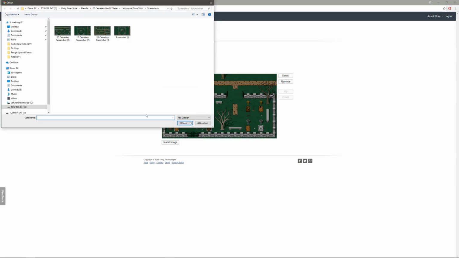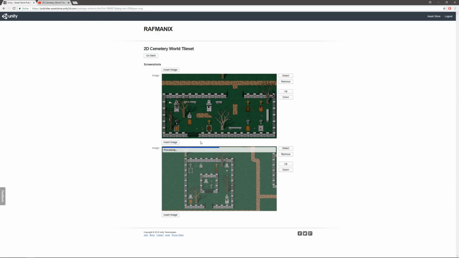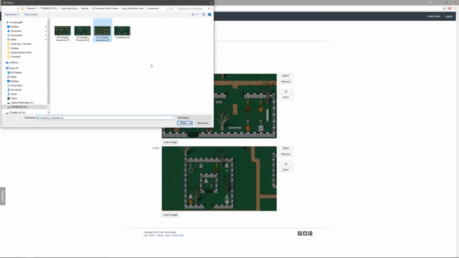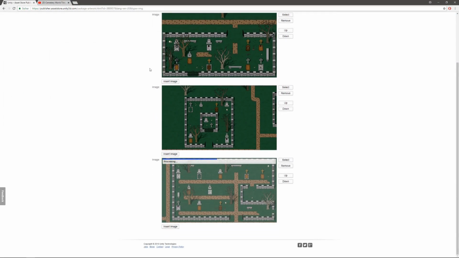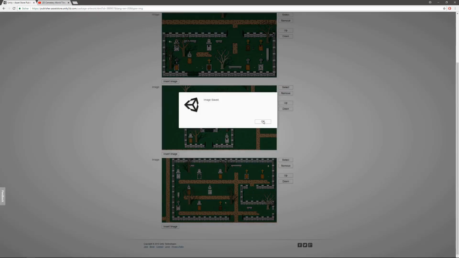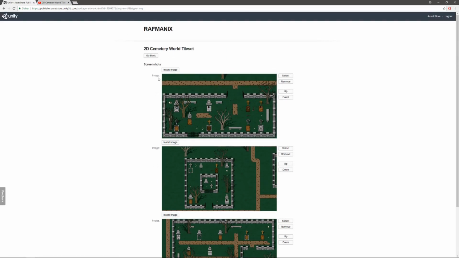The next one. Open. Click OK. Okay. Good. Now that we have saved our screenshots, let's go back.